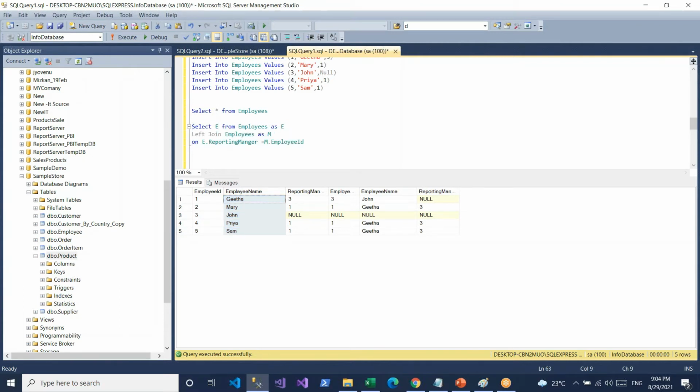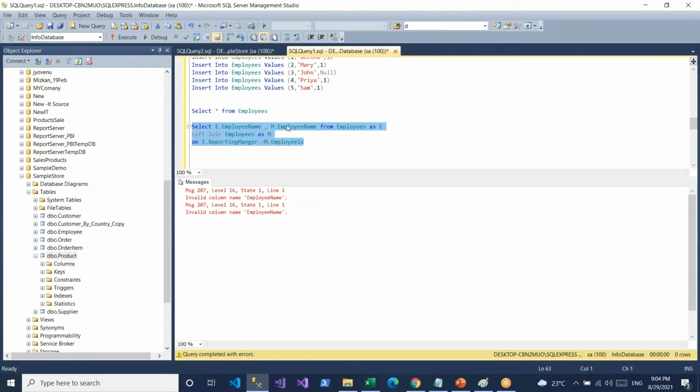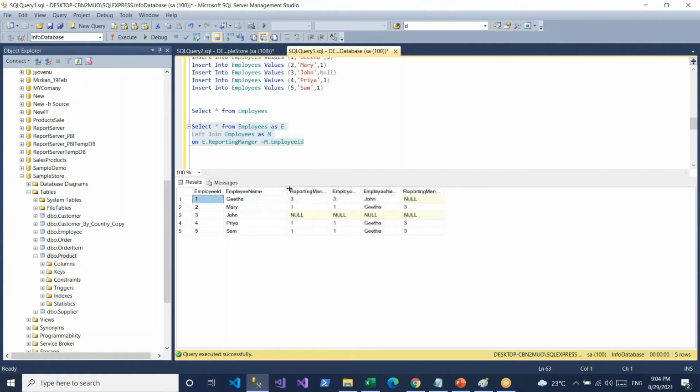So employee name E dot name, M dot name. Let me execute this one. We'll take these two records.